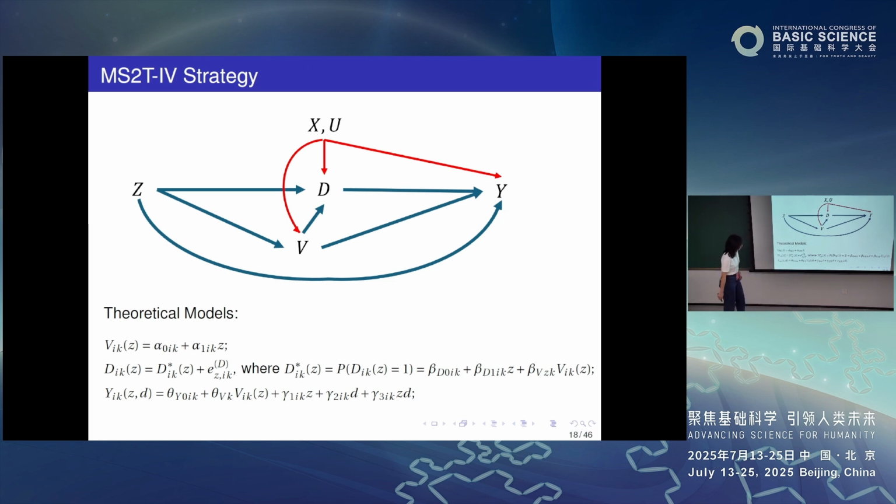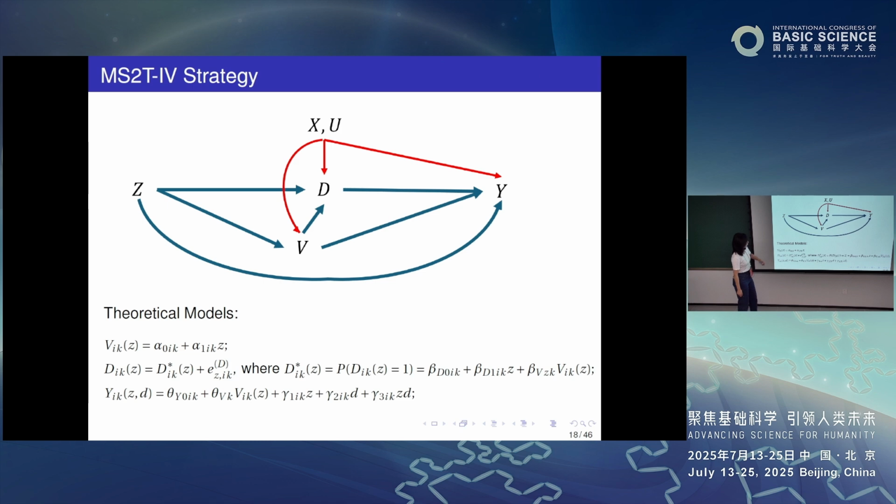Also you could see that here, if you think about the model for D1, the potential treatment of the subject being assigned to a small class size, this one is just a function of V1, but not a function of V0. So essentially, we also impose that the potential outcome in the other world, V0, has no impact on what's happening in the current world after conditioning on the current world's V. I think it's pretty reasonable.